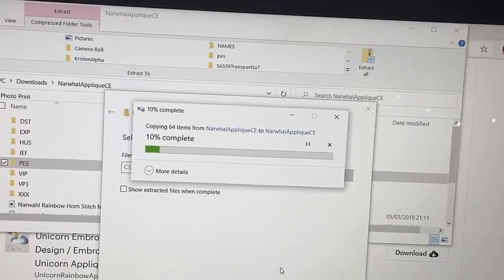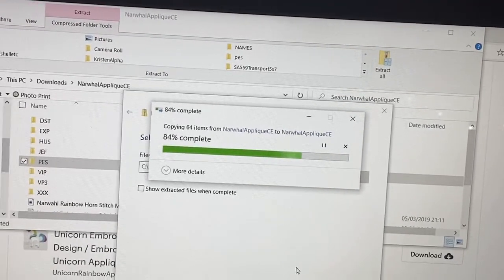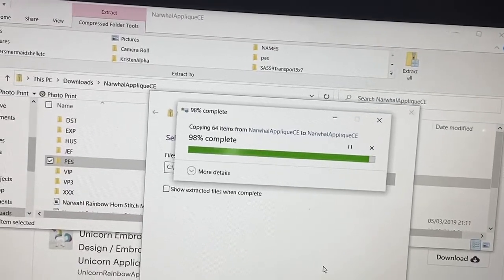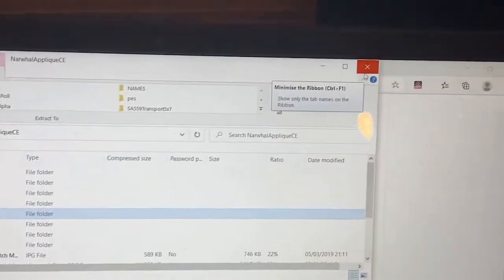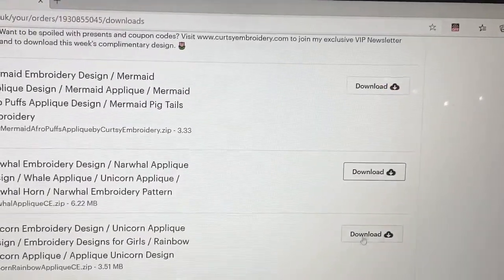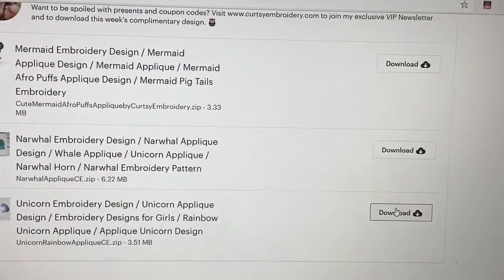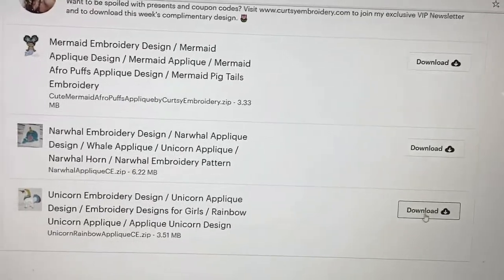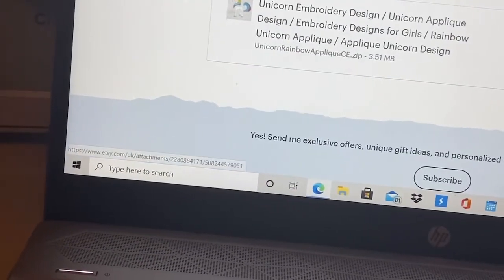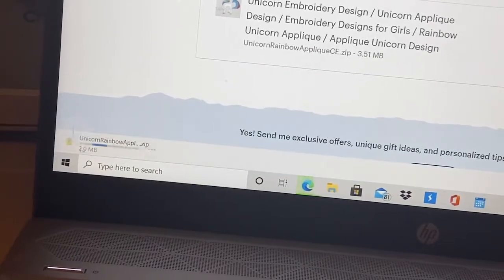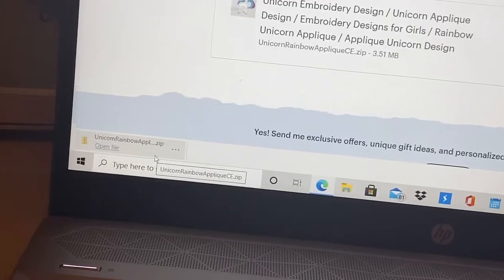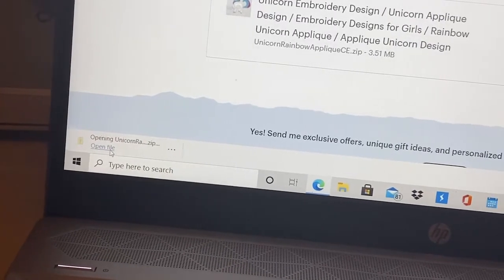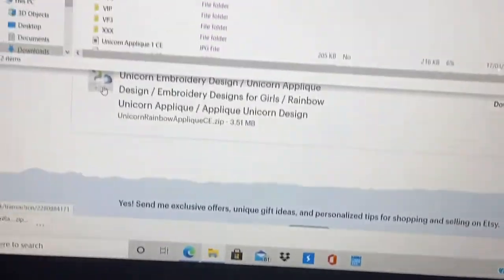Some files take longer than others. It depends on how much is there, I suppose. So, right, that's that one done. I'm going to click that off and go down to my last one here. It should come down in that bottom corner somewhere. There we go. Once it's finished unzipping, come up with open file, go on to that, and then back up here to my